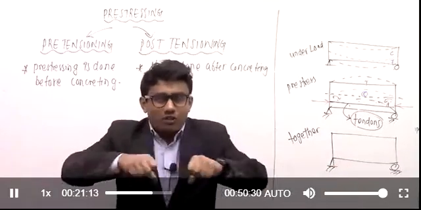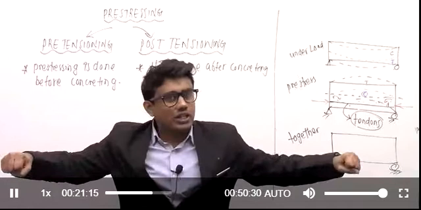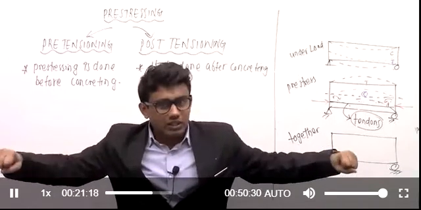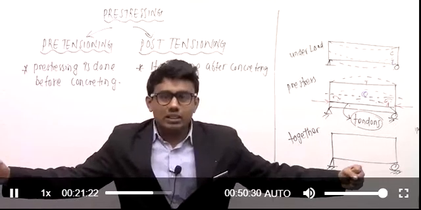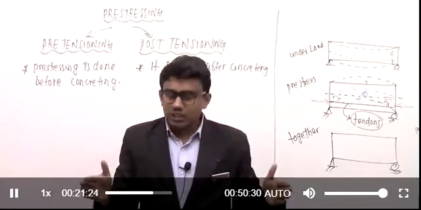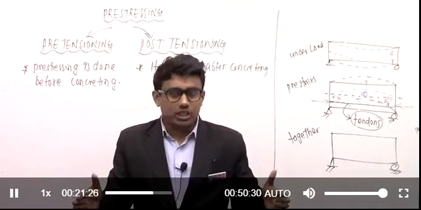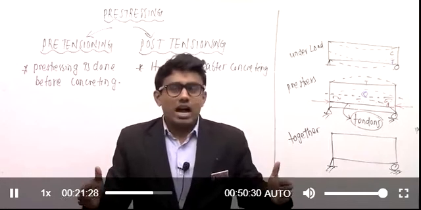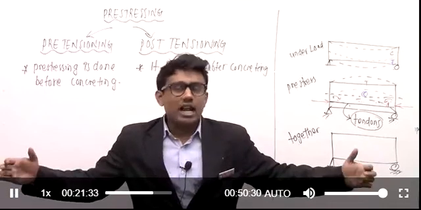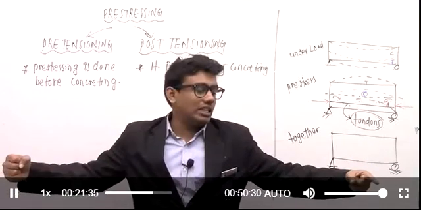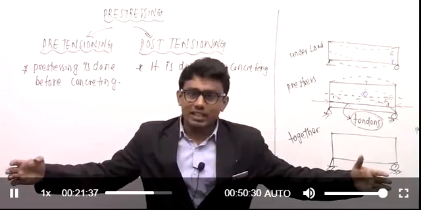That means I have stretched it. The length is increased, and finally I'm going to provide anchorage. So the reinforcement will be like this. Initially the length of the tendon was up to this, and after this, I just stretched it. Now the length is this much, right? And I have provided anchorage. You can see there in the figure. That is called jacking at the ends, right?